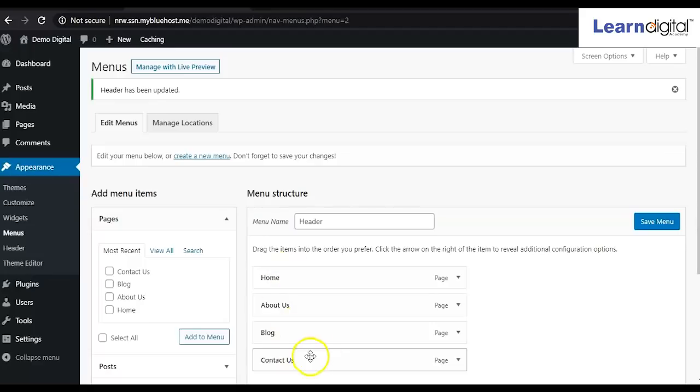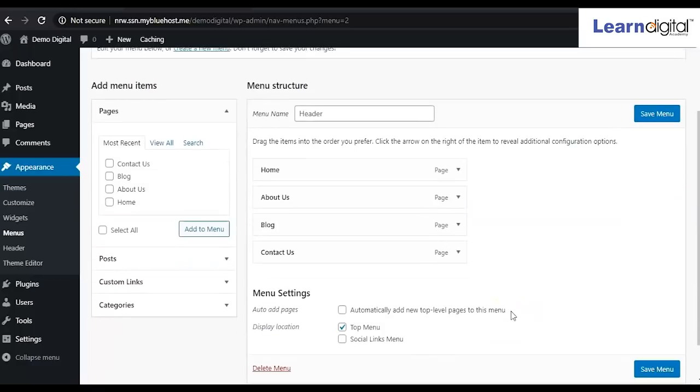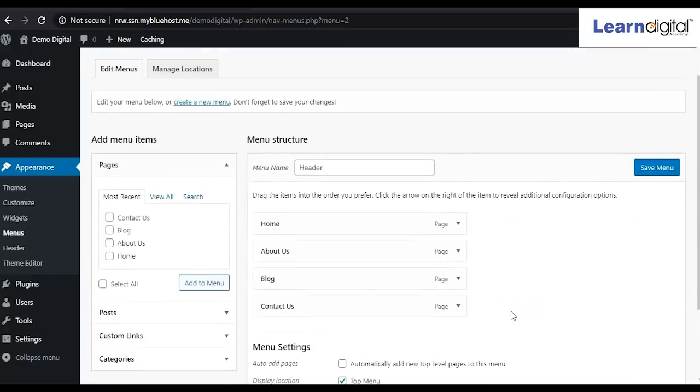So I have arranged these pages. After arranging, make sure that the alignment of these pages should be the same. It shouldn't become like this one. The alignment should be the same, right? So after arranging the order, I'll click on save menu.